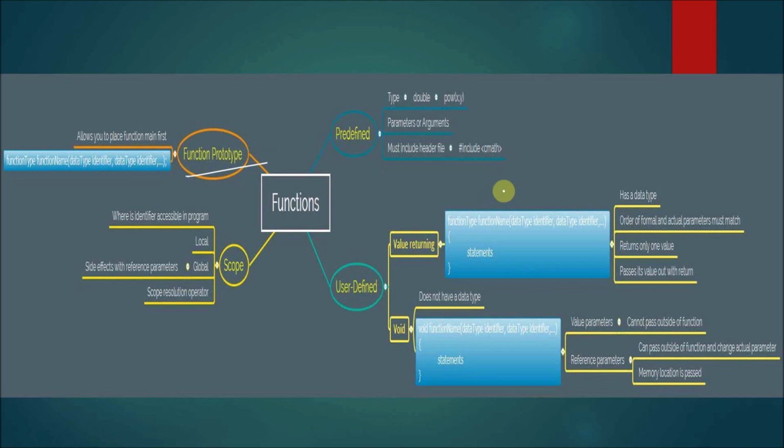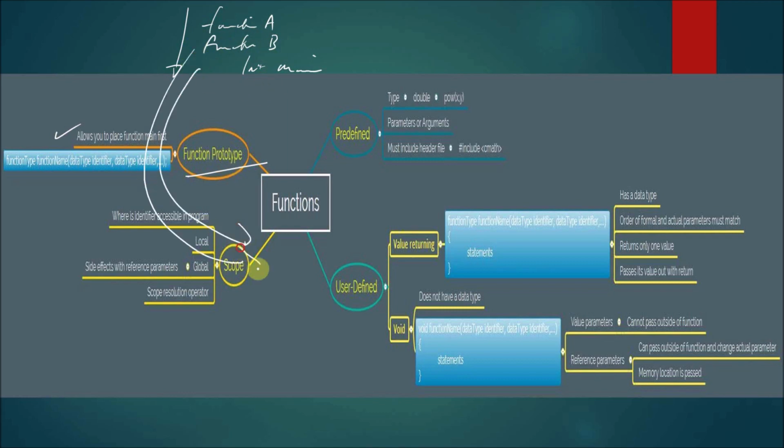Function prototype. A function prototype allows you to place the function main first. In other words, we're used to seeing int main up here at the top. When C++ compiles your code, it reads it from top down. And most of the time when you write your functions, programmers don't want to write them up here at the top before int main. They prefer for them to be down below. So it's okay to do that as long as you use what's known as a function prototype,